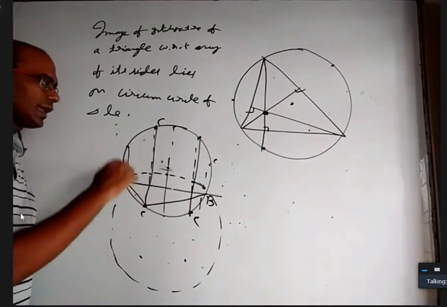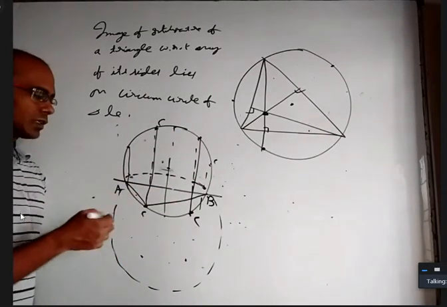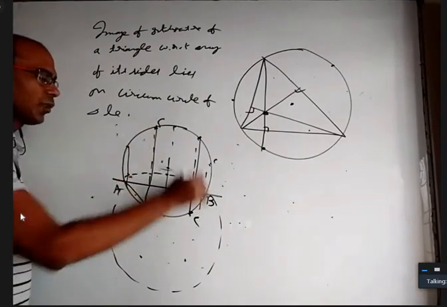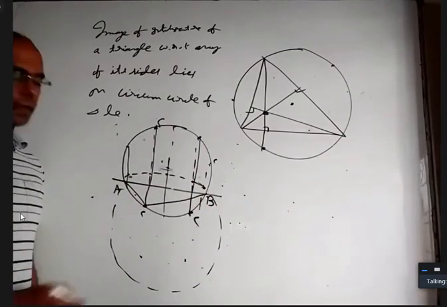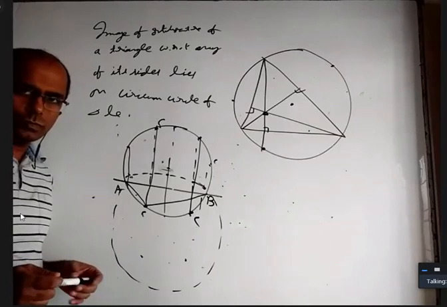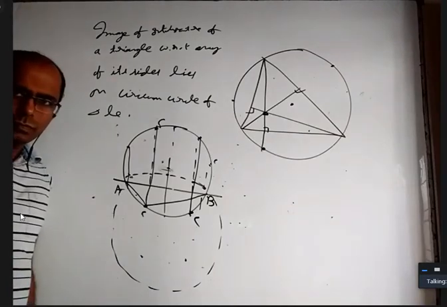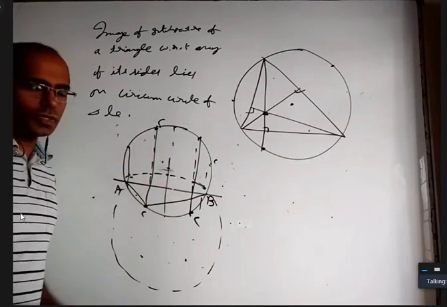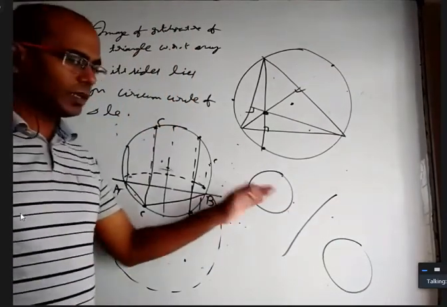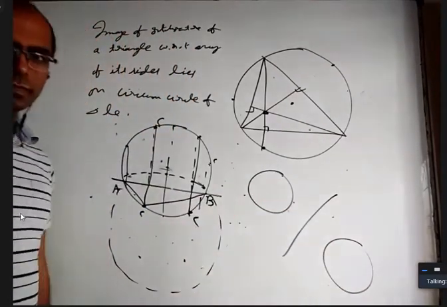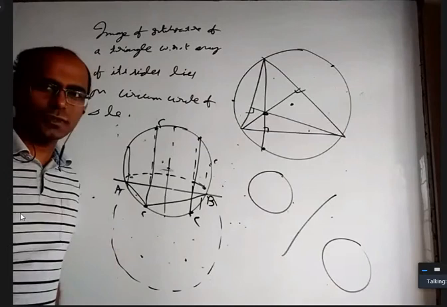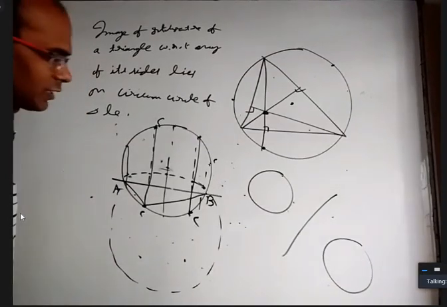So as point C changes, the locus of the orthocenter is another new circle. And what is that? It is the image of all these points with respect to this line. For this new circle, how will you find the radius? It is the same as the original one. If I give you a circle and take a line and find the mirror image, will the mirror image have a different radius or the same radius? Same radius. Even according to your physics, the image will have the same size as the object, one of the rules of reflection.